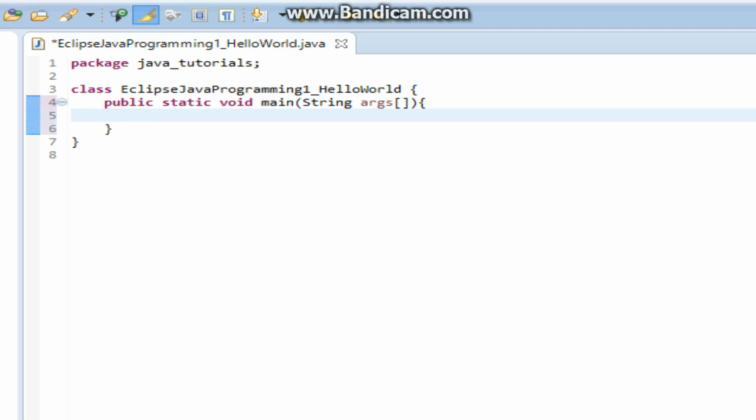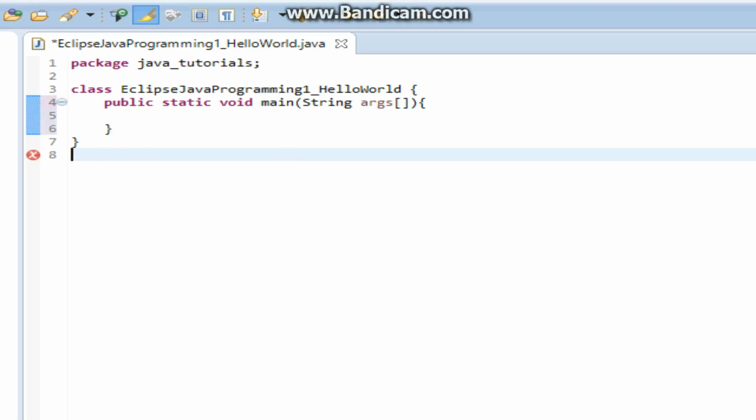So that's our main method. We're going to be typing everything for this program today inside of this main method. And remember not to type outside of the class brackets,